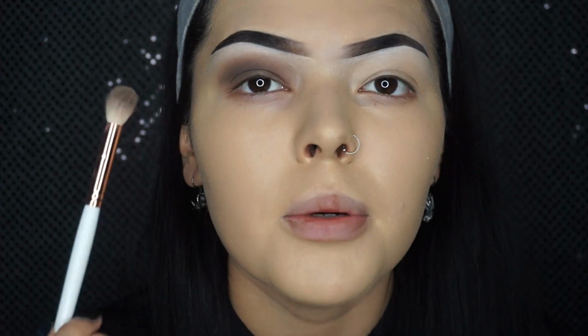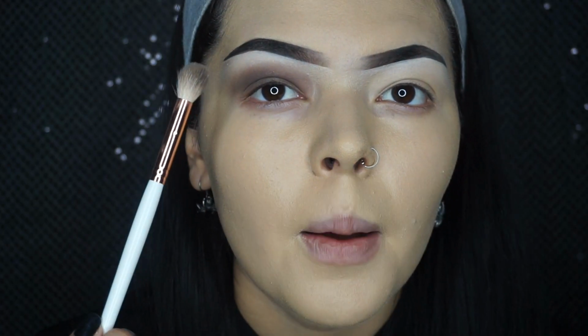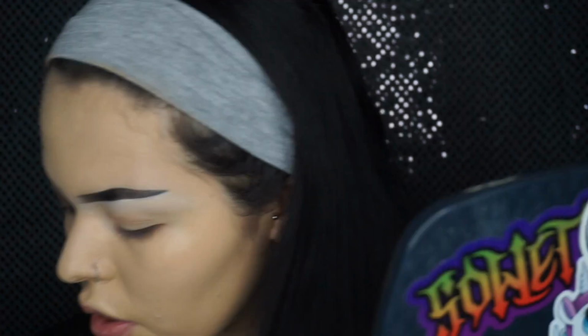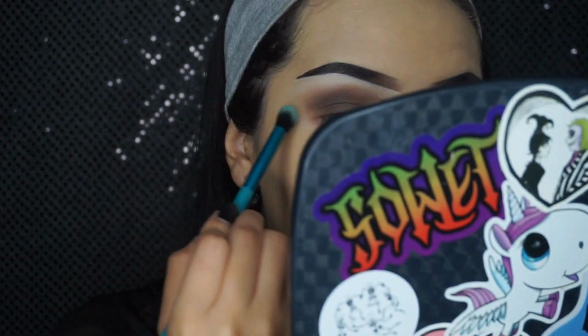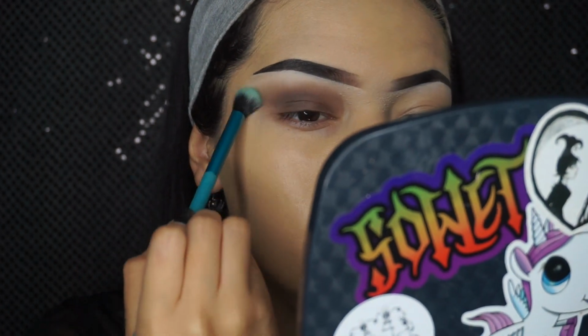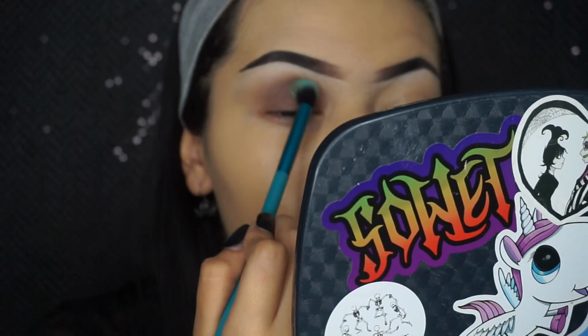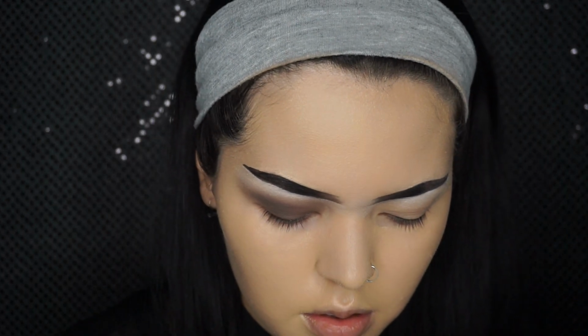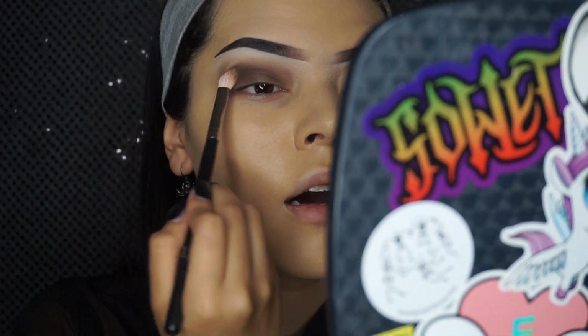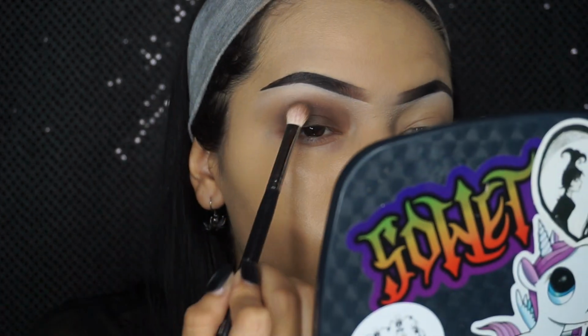I don't know if this will pick up on camera because this brown here has a lot more gray undertone. It's a very dark brown. You can also take another clean brush and just buff it out a little bit if it's starting to get a little bit too harsh. Okay, so now whenever you get it blended out to your liking, is when you can start